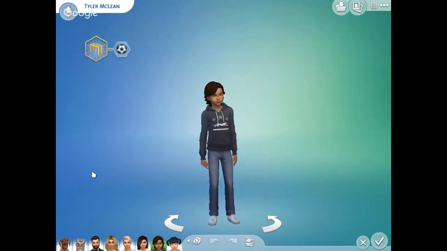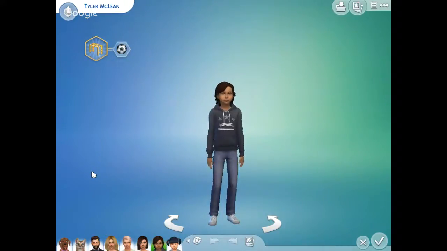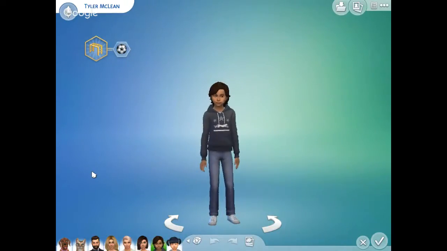Basically, she gave him up because he just wasn't what she was looking for in a kid.